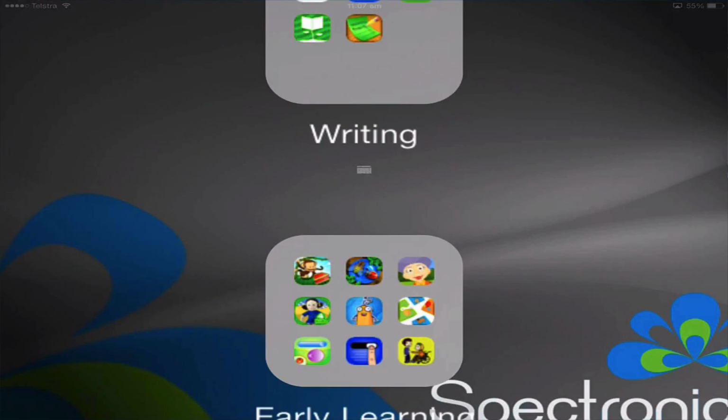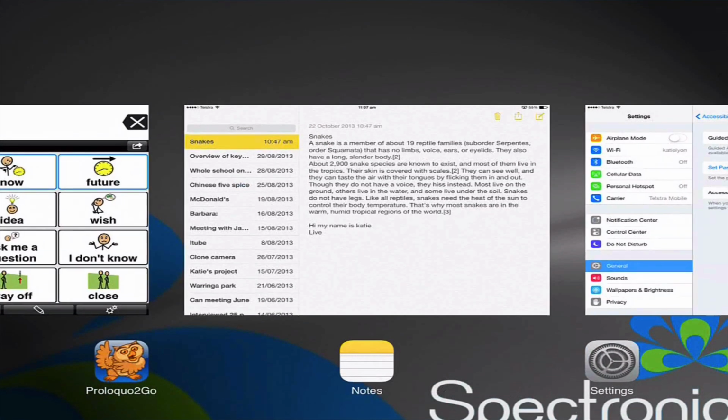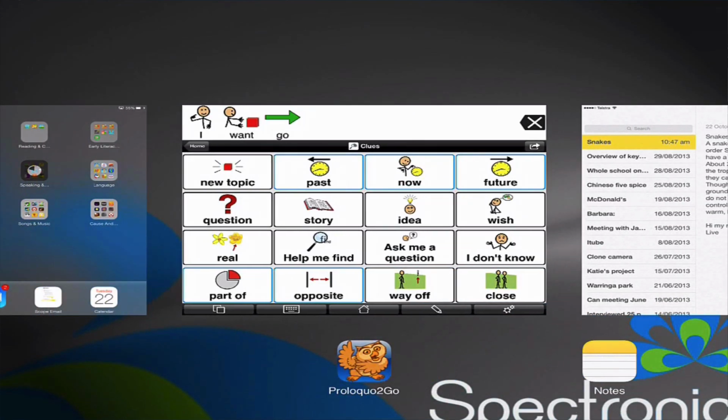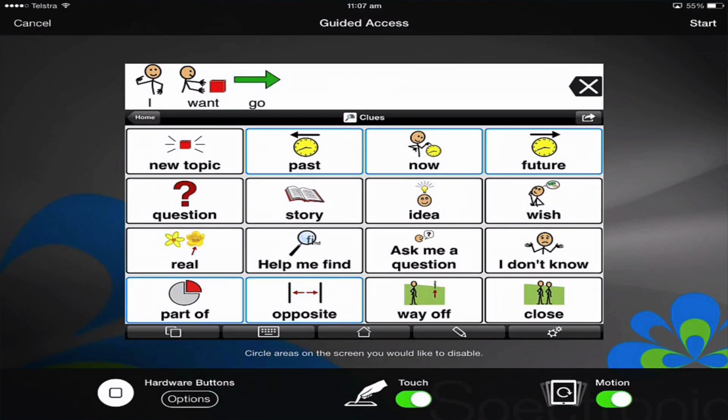Let me show you another example, Proloquo to go. This might also be useful for someone who's using the iPad as their communication device and you don't want them to be able to access all of the other features of the iPad. You want it to purely be a dedicated communication device. Triple click, oops, my triple click wasn't working, sorry about that. Triple click again, turn guided access on,